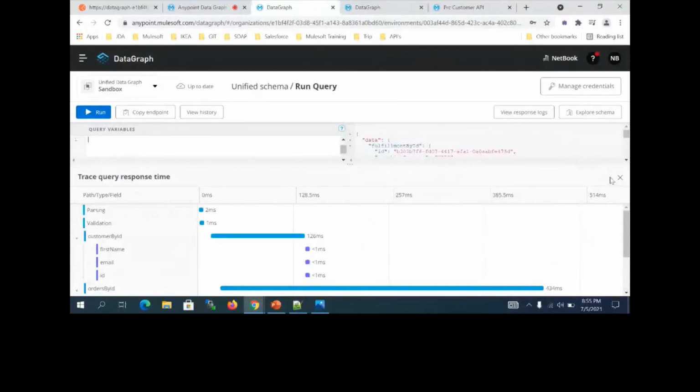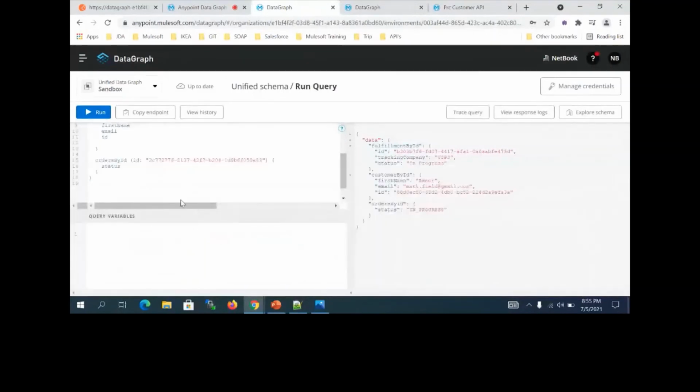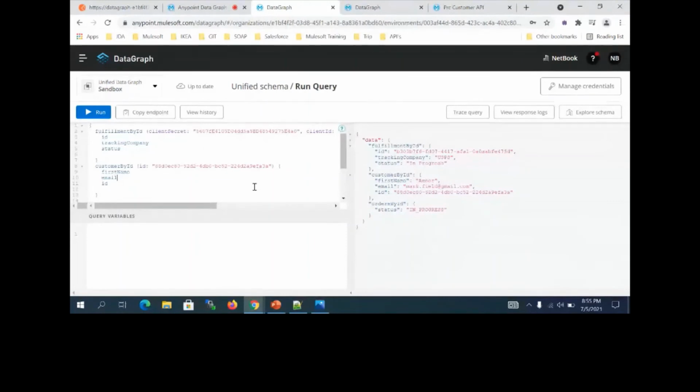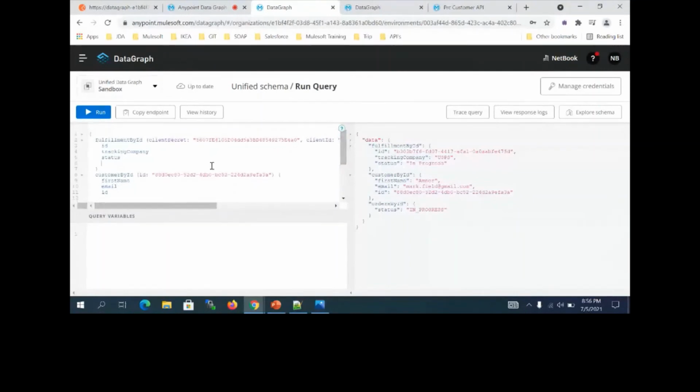Clear this one? So that is the demo part. So maybe quickly, I have done it over here now. I have shown how we can add into data graph, how we can merge it, link it, as well as collaboration, how to add it, and then multiple APIs queried with a single query, how we can get multiple APIs data from the single query. That is also shown over here.